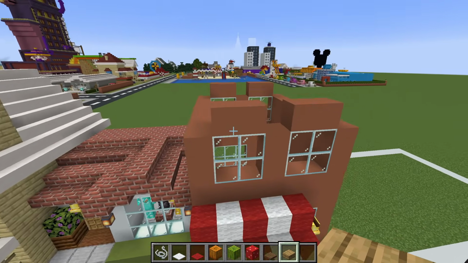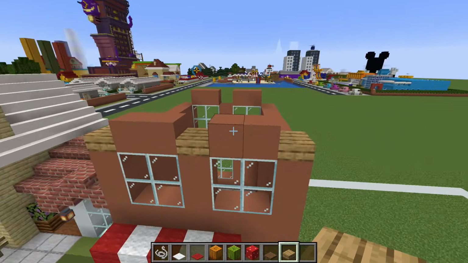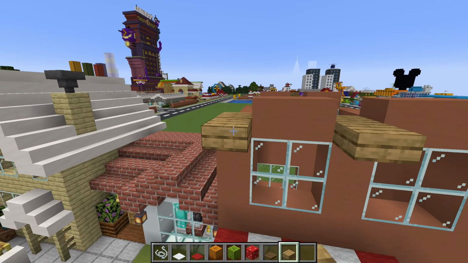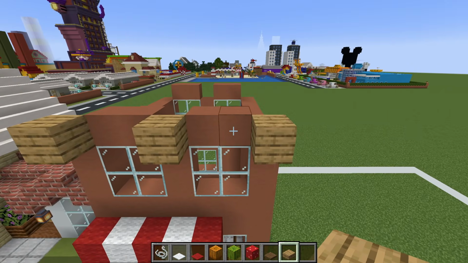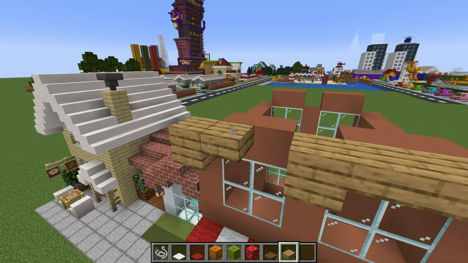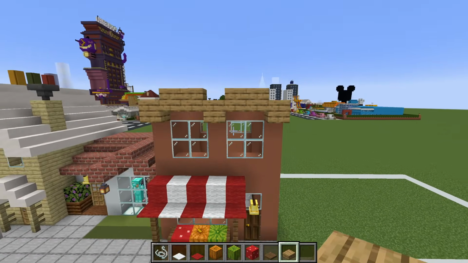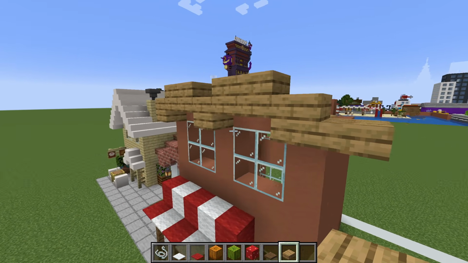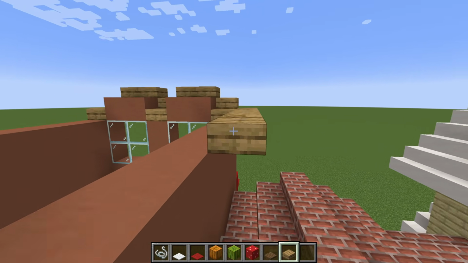Next, we want to make the roof by placing oak slabs in between and to the side of these terracottas. Extend these slabs forwards like this, and then add an additional slab on top of each of these. Extend these slabs inwards to connect them all together, and then extend those slabs upwards like this. We will then extend these slabs out on the left and right sides like this, and these will extend back,